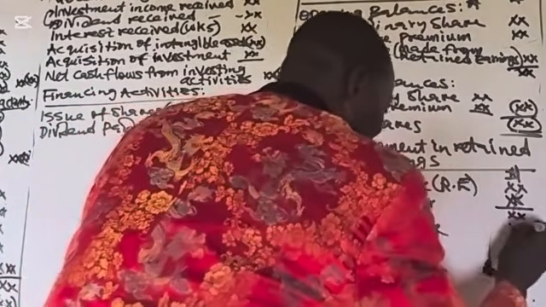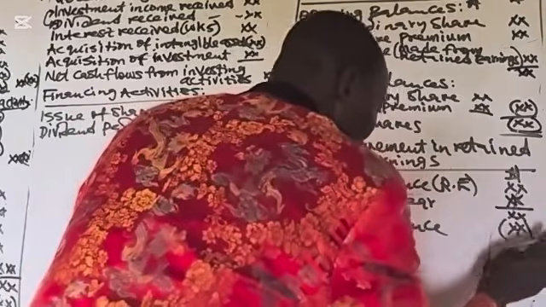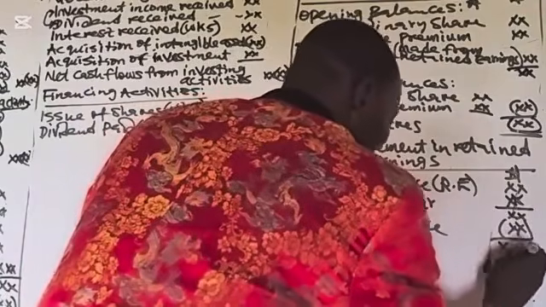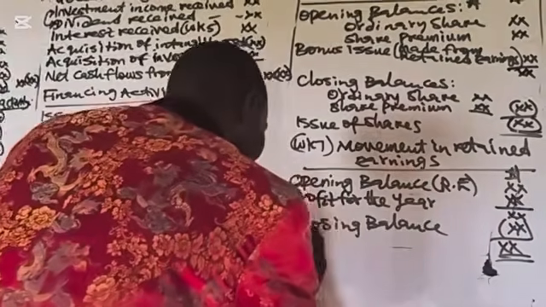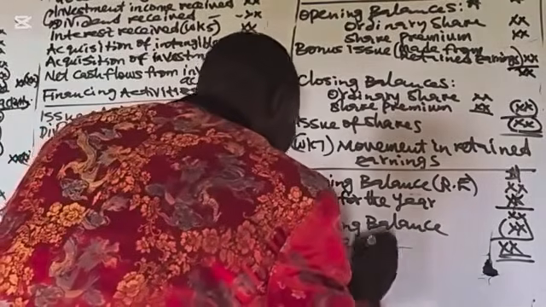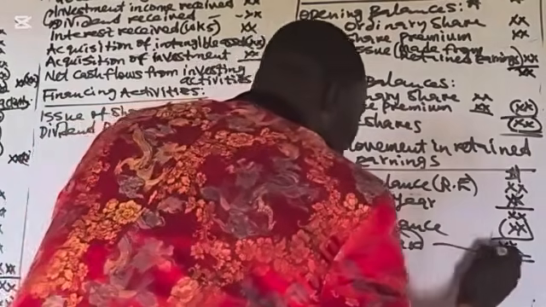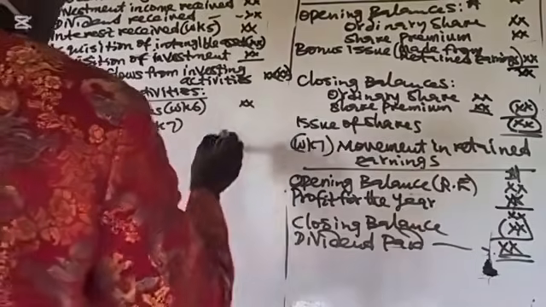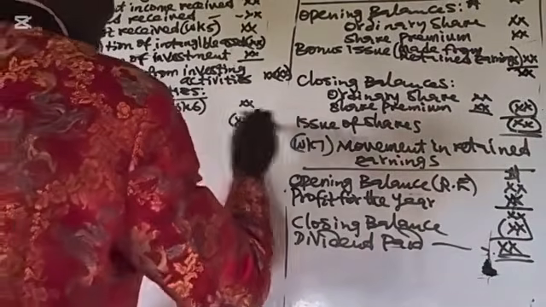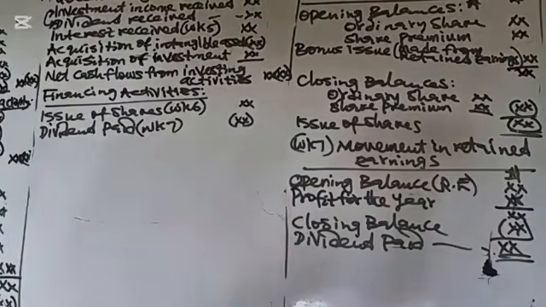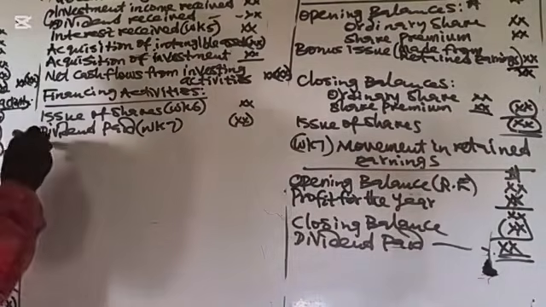The closing balance. If this is greater than the closing balance, that means a certain amount has been paid as dividend. So you have dividend paid. Dividend paid is an outflow of cash, so you subtract that. If there are issue of